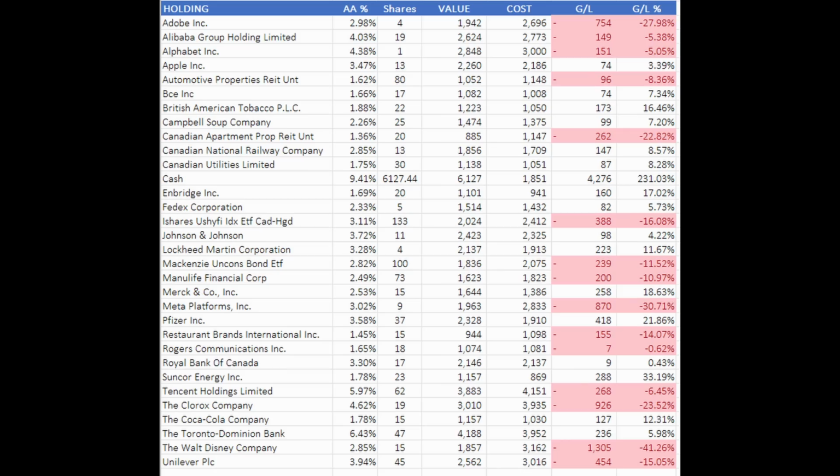From a percentage perspective, our largest single holding is Toronto Dominion Bank, which represents about 6.5% of the portfolio. And our smallest holding is the Canadian Apartment Property REIT, which comes in at 1.36% of the portfolio overall. A quick comment on the diversification or the weightings. We like to think that generally 2.5%, 3%, maybe 4% will be what I would call a neutral weighting in